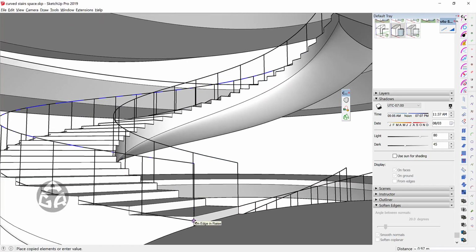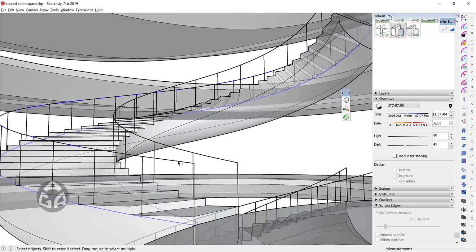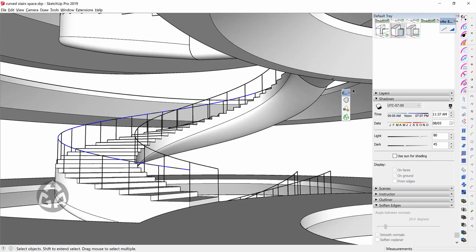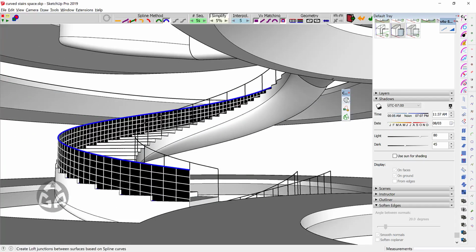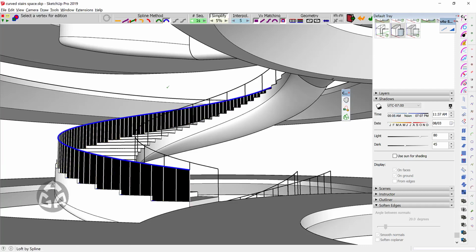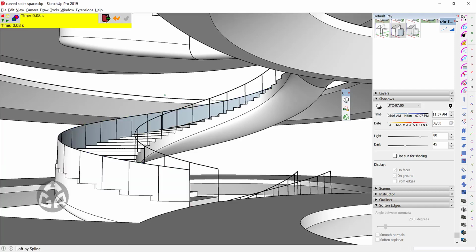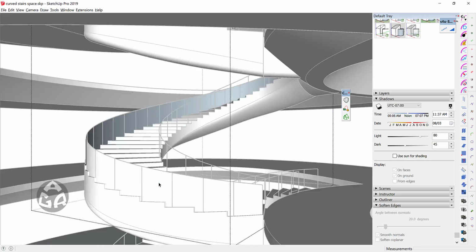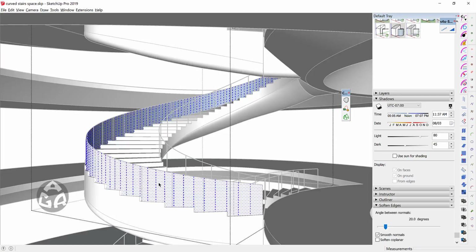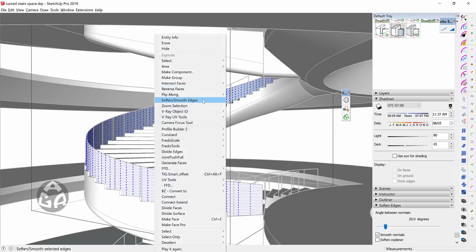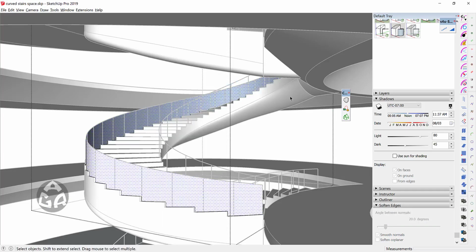So I will copy this one down to about over here, and we will select these two curves and press the Curviloft, Loft by Spline, and then segments to 1, then click to confirm this curve, and we'll go inside, and we will triple click on this surface and right click and click on intersect faces with model, and then we will click on this surface and we will group this